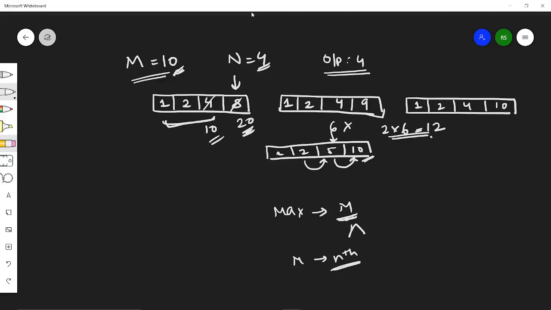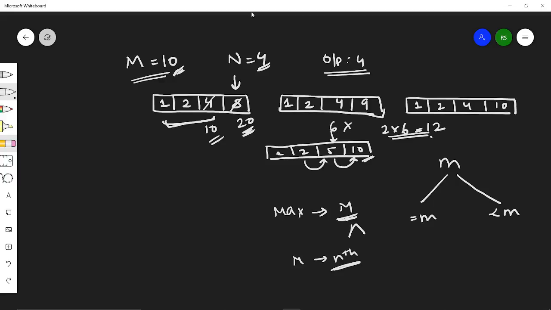Okay. Now see, we have two cases for m. We have seen that the last position could be at most m. So there are two cases, that is, either it could be m or it could be lesser than m, because it has to be at most m. So it could be equal to m or lesser than m.